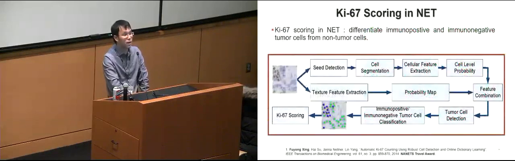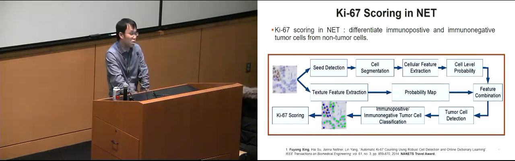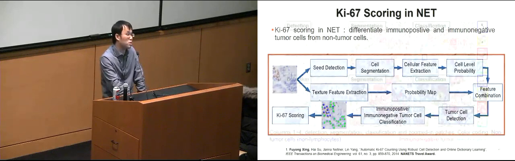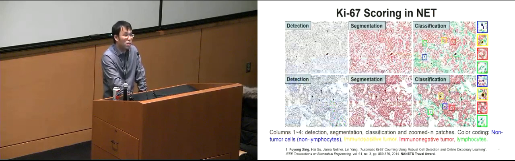And this is one of the architectures we developed for automatic Ki67 scoring in the image data. Based on the image quantification, such as detection, segmentation, as well as classification, we can calculate certain features, the intensity or the texture as well, and then train a classifier, SVM or random forest or another classifier. Then you classify each object in these images for the automatic Ki67 scoring. And here I'll quickly show you some results. As we can see, thousands of objects are correctly detected, segmented, and classified.